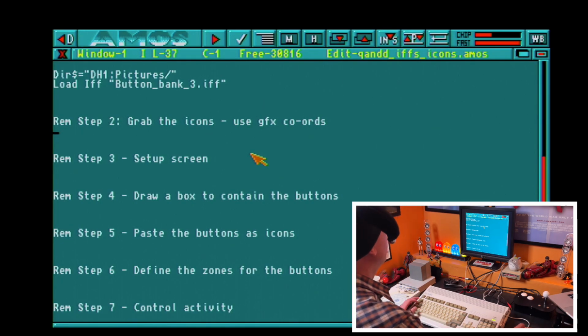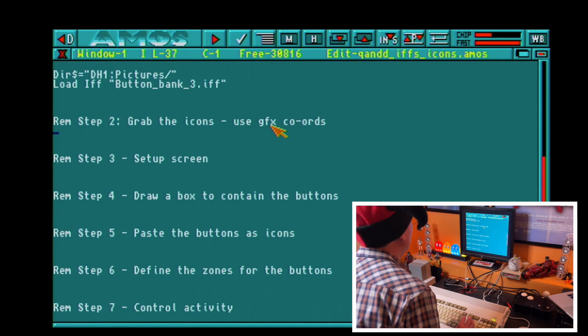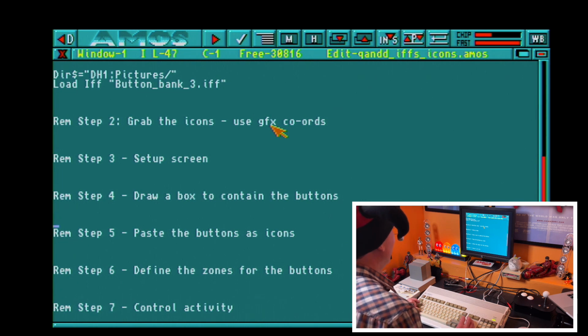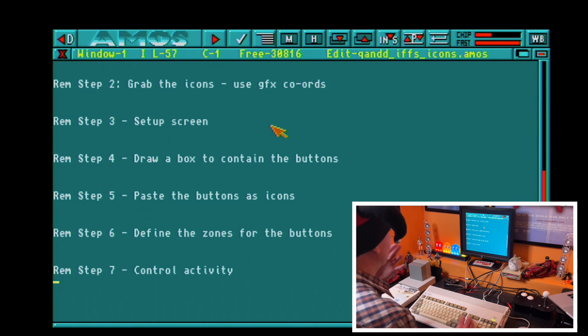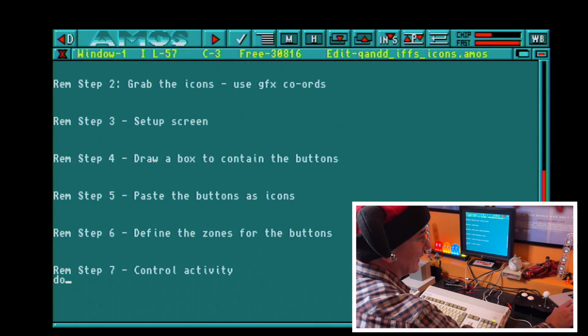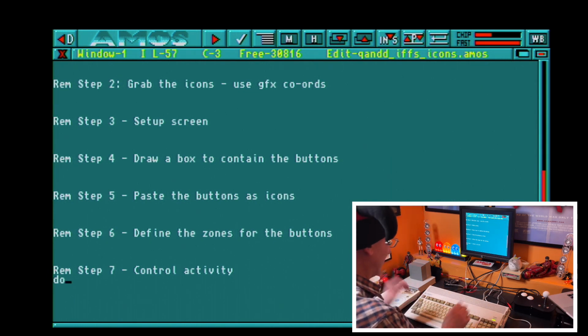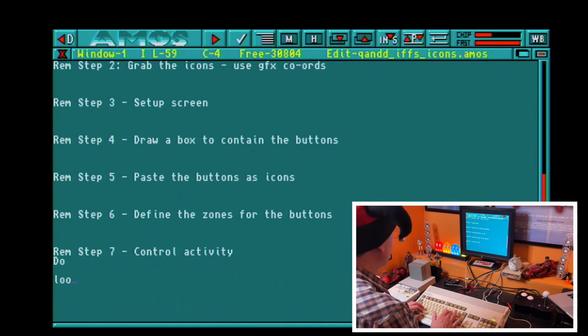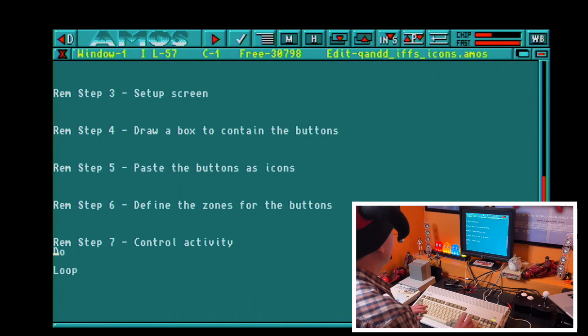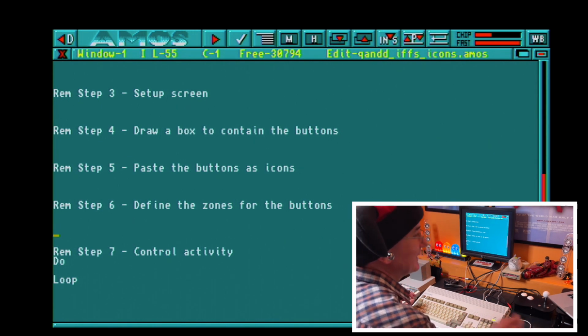Okay, so we need to get the coordinates. Now, a quick and easy way of doing this, I've already added a piece of code to this program, and I'll show you that in a minute. I'll put another procedure in. But what we're going to do, in the control activity, we're going to jump ahead to step 7 quickly. We're going to do a bit of a loop here, just so we can control the coordinates coming back to the screen. So if I just stick in a do loop, and up here, I'm going to set a